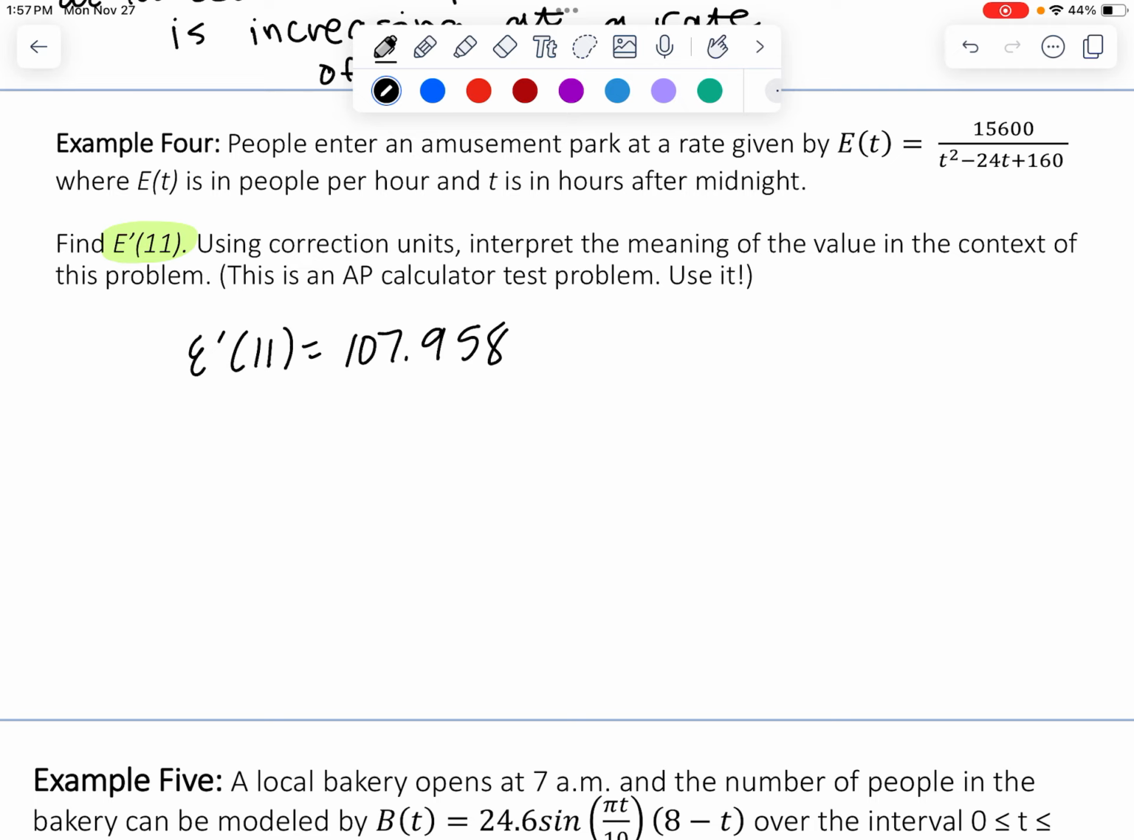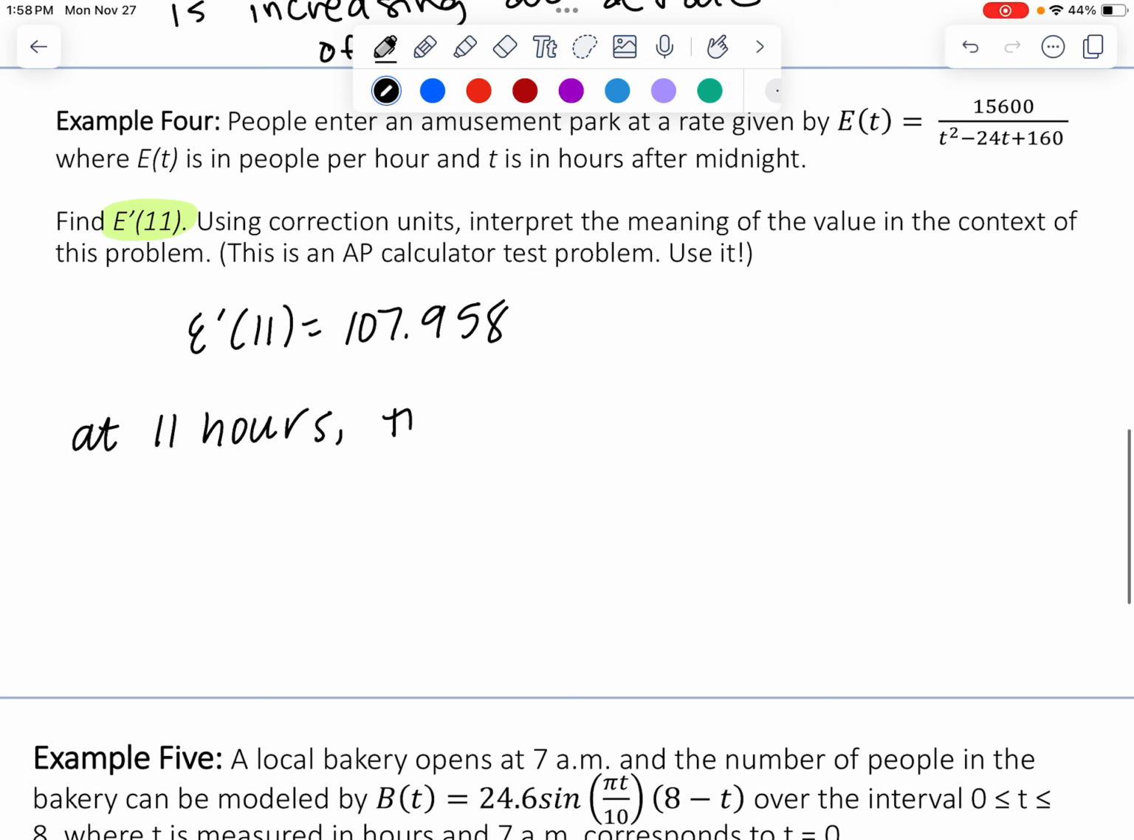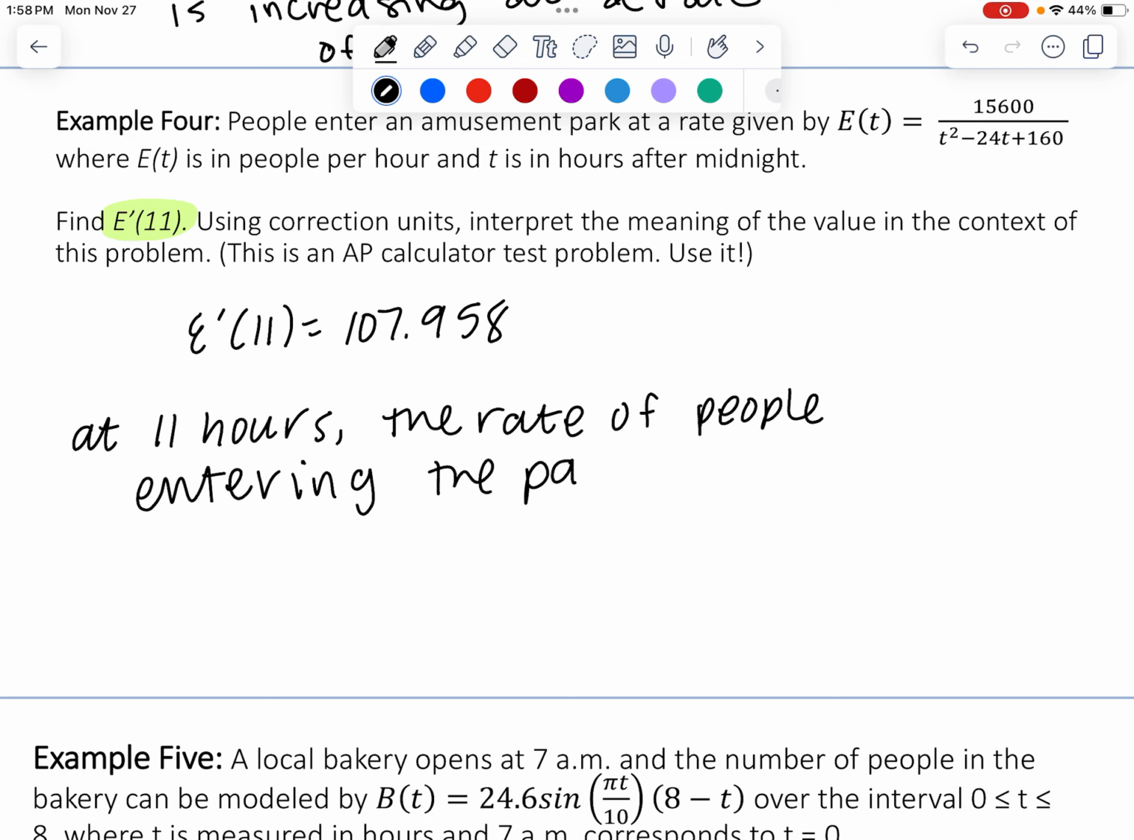So I'm just going to go ahead and start with my time. So at 11 hours, and before I go on, the original function represented the people entering an amusement park at a rate. So that original function is actually already a rate. And so what's happening here is if we're taking the derivative of something that's already a rate, we're taking the rate of a rate. And so what I'm going to write here is at 11 hours, the rate of people entering the park, at 11 hours, I'm going to add this after midnight,